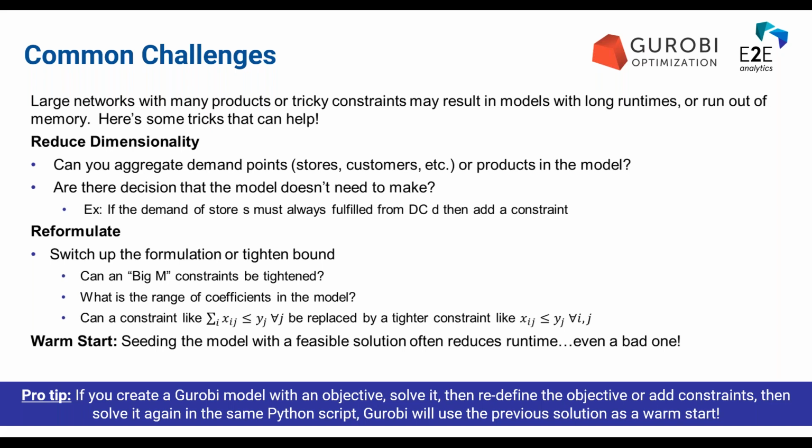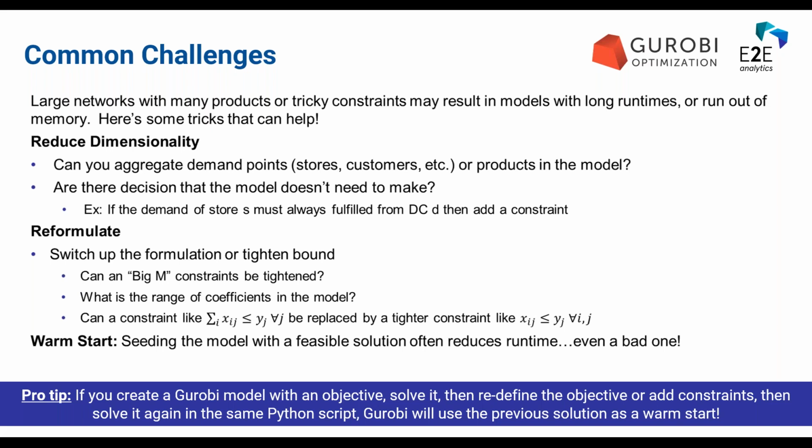If I know that I always have to send product through a certain DC for a certain type of product, I can fix that flow, and I can then reduce the decisions the model has to make. Or if the DC has to remain open, fix it open to reduce the number of decisions the model is making. The other thing that's always helpful is having a warm start to the model,